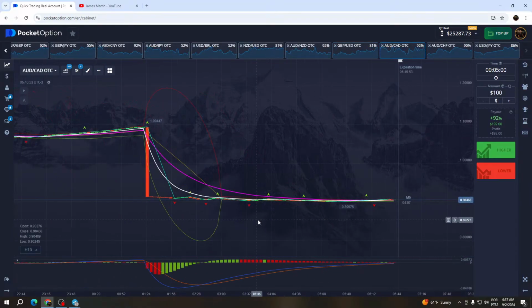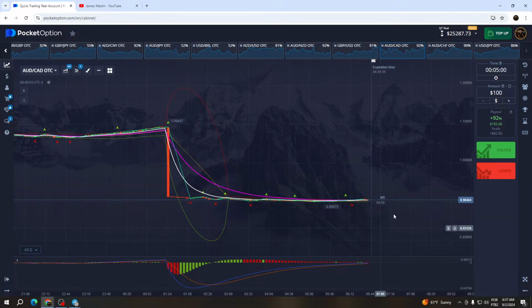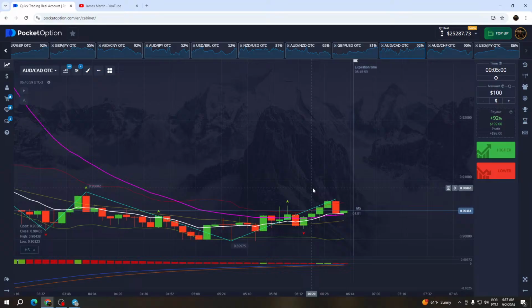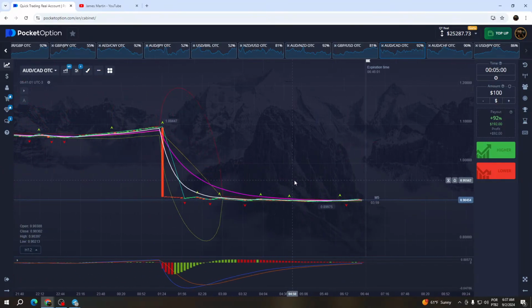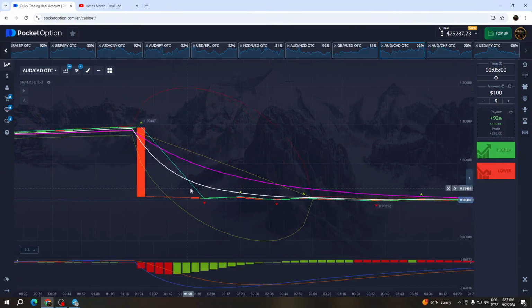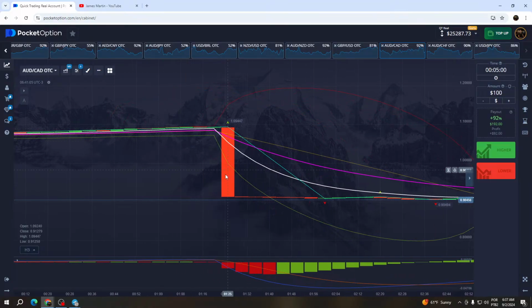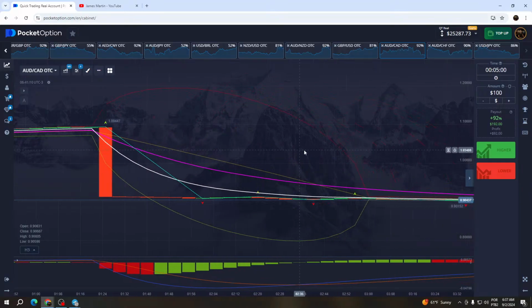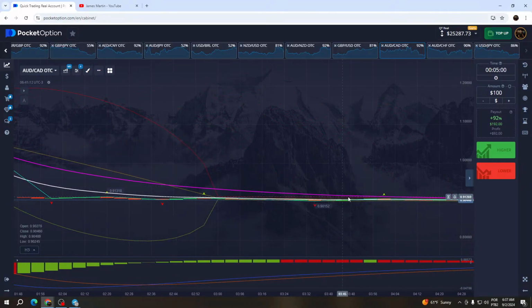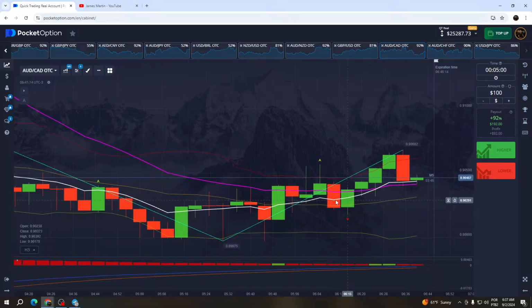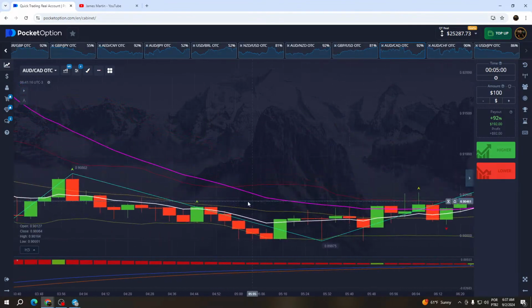Oh man, look at that. Look at this. You cannot use this right now, okay? We have just a huge candle that's melting. This lateral trend is so ugly.